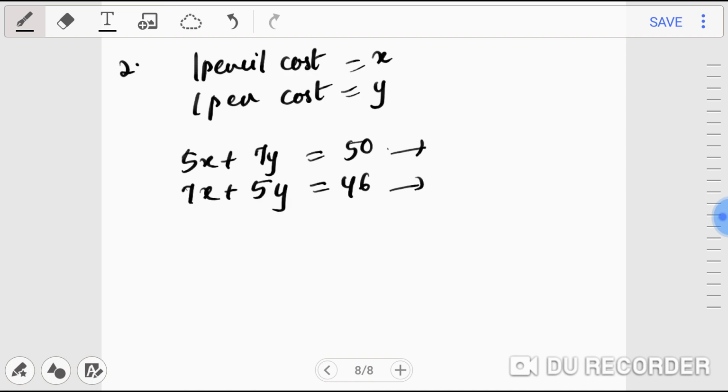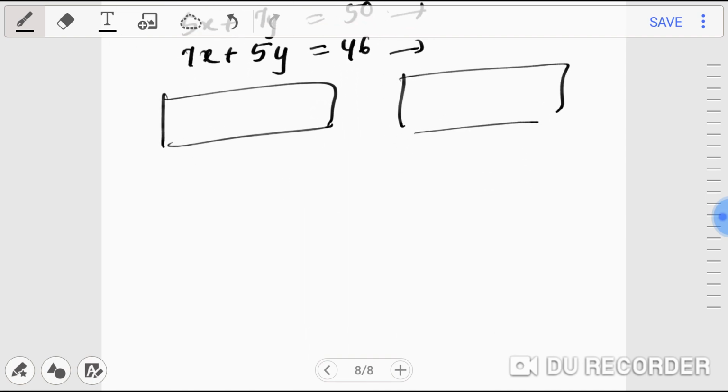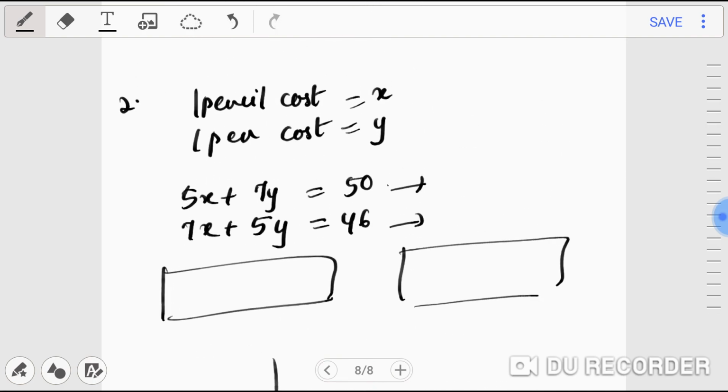And once you got two equations, as I said you have to form the two tables. And once you got two tables, you have to plot them on the graph and see where they are intersecting. Wherever they will intersect, that will be the value of x and y. So this is we are finding out x. Usually in algebra हम लोग इसको solve करके x और y की value find करते हैं, simultaneous equations by simultaneously solving. But here you have to present them on the graph and solve it. सो ग्राफ में जो आपका इंटरसेक्शन पॉइंट आएगा दैट विल बी द वैल्यू ऑफ एक्स एंड वाई.